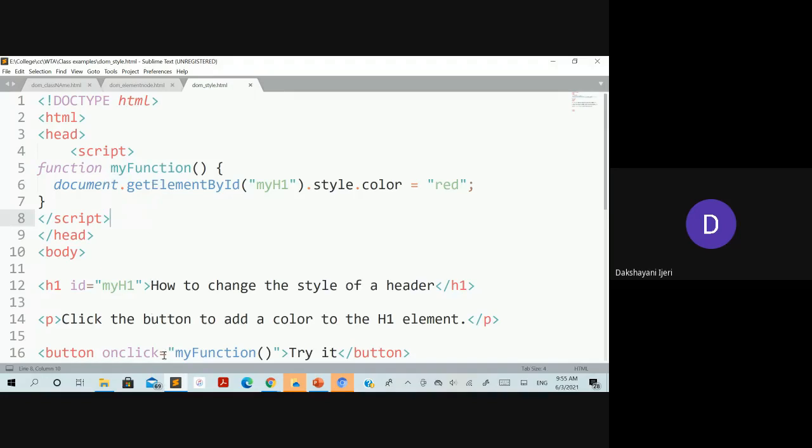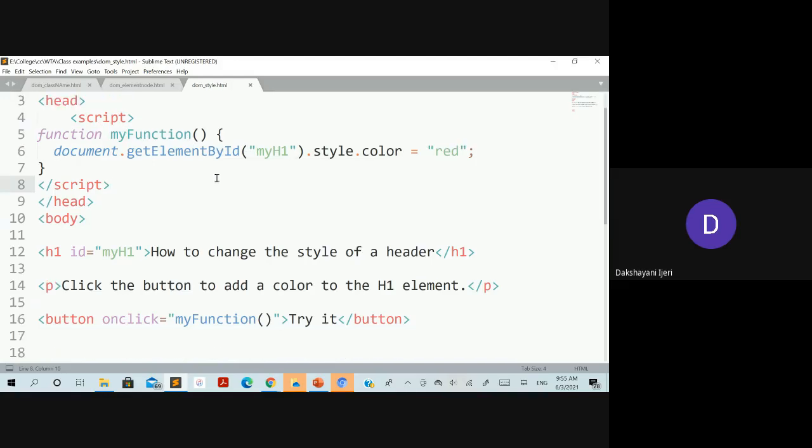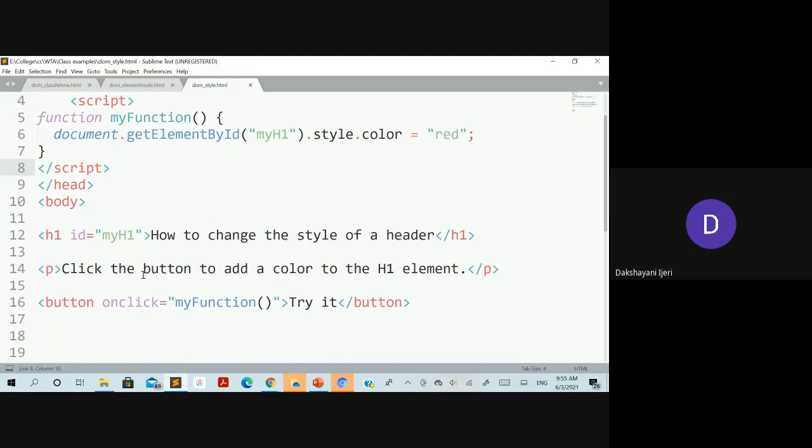There should be some part of the code in the body section to tell when this particular function needs to be executed. That means you need to call this function, right? Since you have written it as a part of the function, there should be something in the body section to tell when it needs to be executed. That is probably done with user interaction. That is the main purpose of using JavaScript in the HTML section, right?